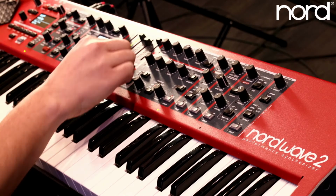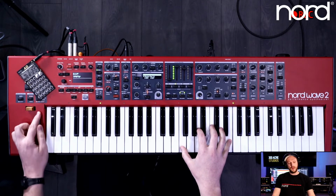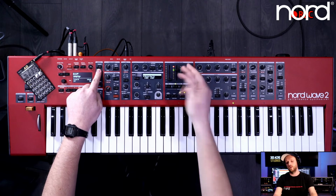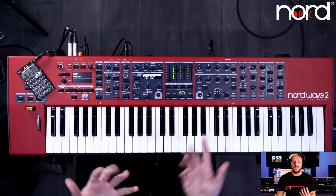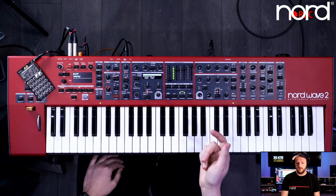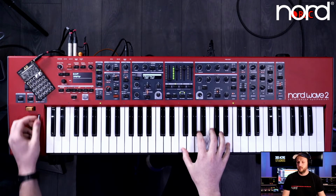Sounds great. I want to use the module again to open up the filter, and you can already hear that it's quite a bit louder, and that's annoying me when the filter's open. So I'm just going to do this and bring down the volume of my layer when the module goes up. So now it's balancing it out a bit more, essentially like a bit of a limiter or compressor, but doing it with morphing, which is just so quick to do. All right, cool. So this sound just needs a bit of reverb, a bit more release, and we'll just leave